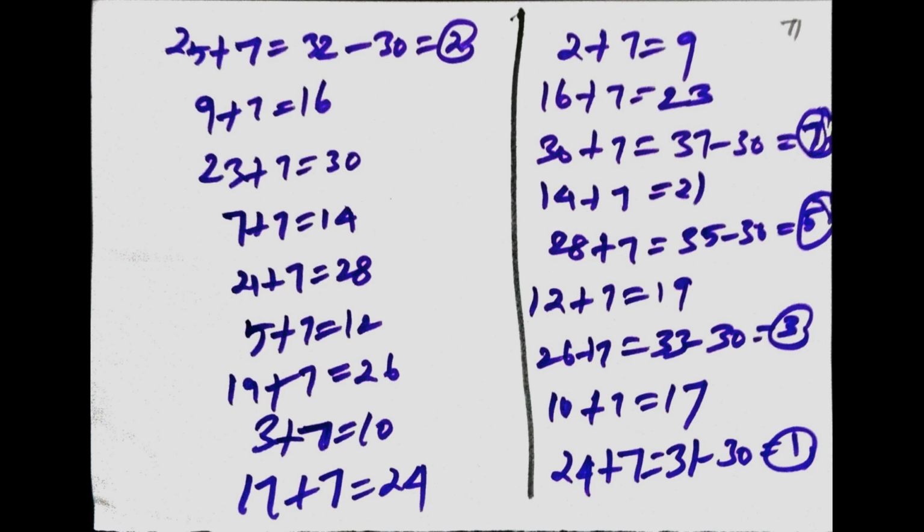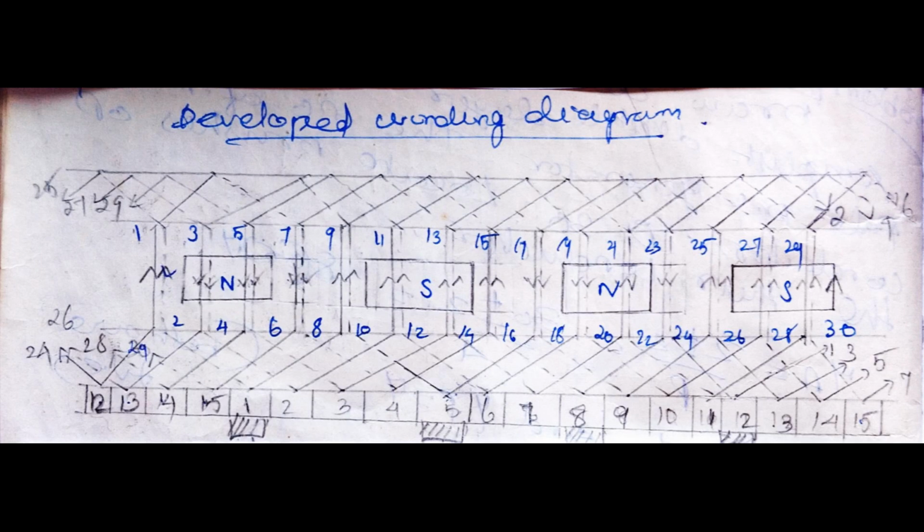Develop the winding diagram as shown in the figure. This connection is made from 1 to 8. On the center vertical lines, odd numbers are upper conductors and even numbers are lower conductors. 2 conductors in 1 slot. 30 conductors, 15 slots, 15 coils. The pitch connection is made from 1 to 8.